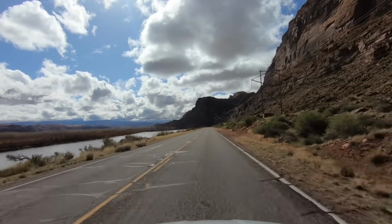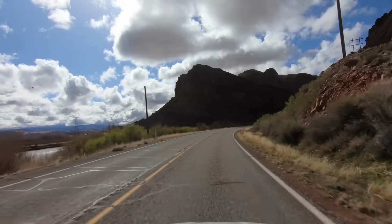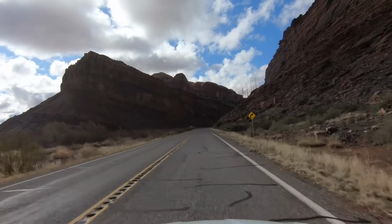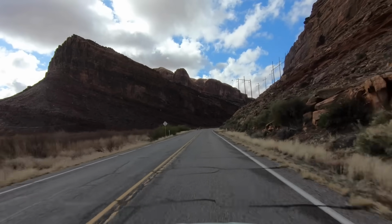Today we are touring one of the most popular scenic drives in the state of Utah. It's one of those drives that gets better the further you go, not knowing what's right around the corner. Not to mention all the little hidden gems that can be found along this road. And for those of you that might not be familiar with this road or the area, let me get you